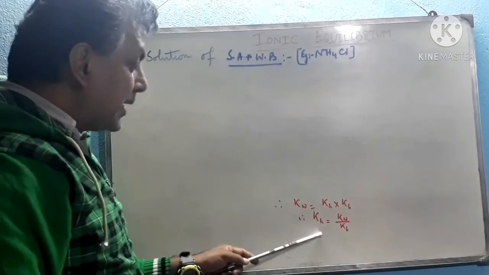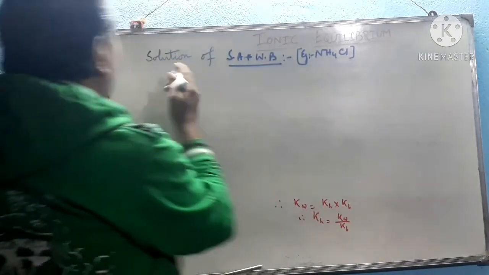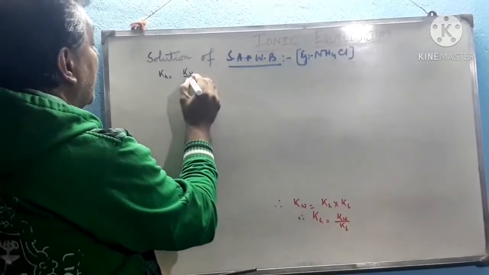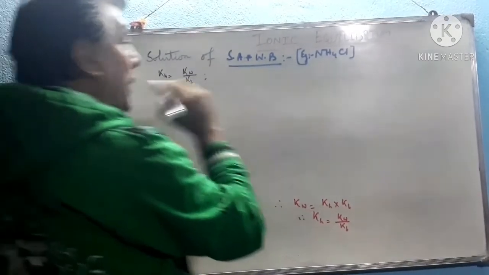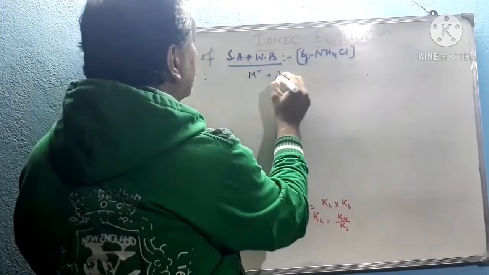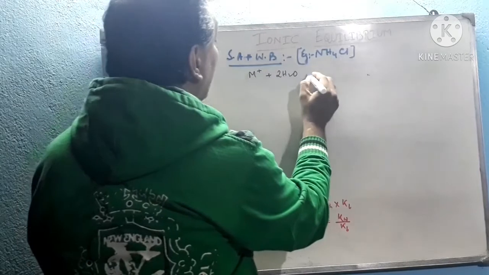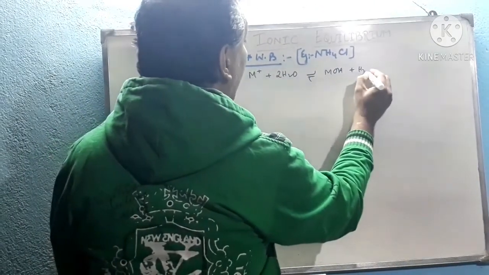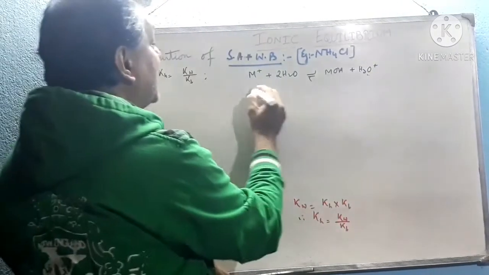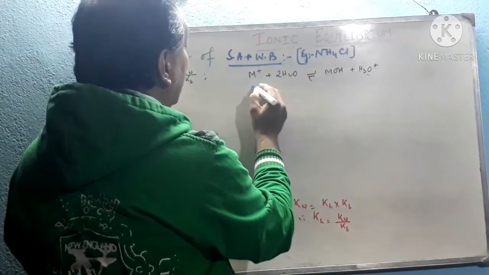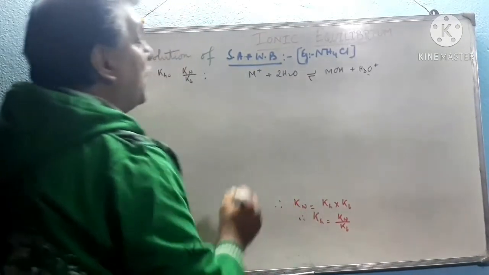Now from this data, Kh equal to Kw by Kb, we have written here Kh equal to Kw by Kb. See this, for the weak base we can write here M plus in presence of water gets hydrolyzed to form MOH, which is weak base, plus H3O plus. And for this expression we can see that M plus water, suppose Kh of this solution can be represented as,